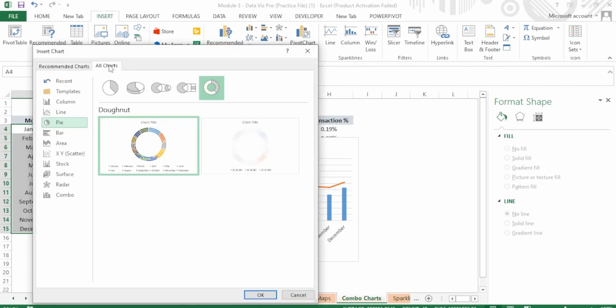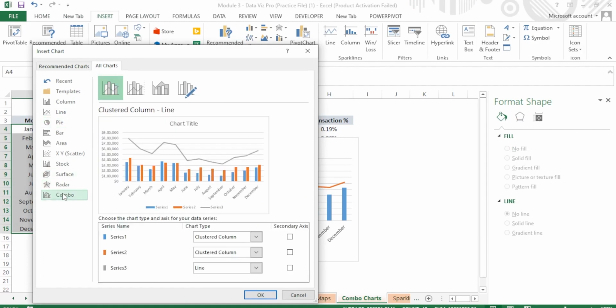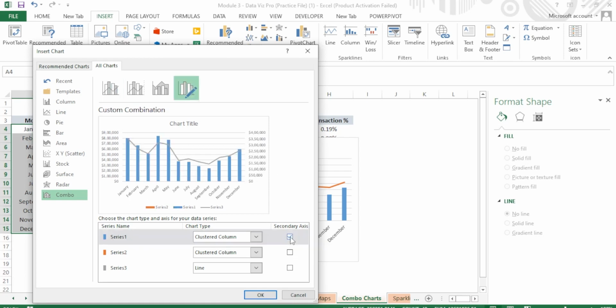Go to all charts, and in combo, let's suppose there are three. You can see that they are arranged as two columns and one line, but suppose there is a lot of difference, which is why you choose the secondary axis. Now the difference is